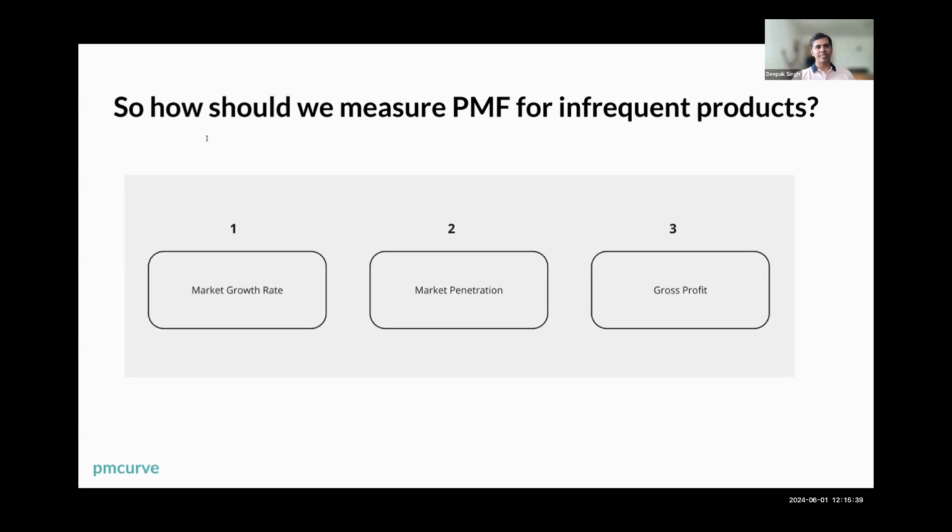How to measure PMF for low ticket size infrequent services? I think this is answered. Does NPS score have correlation with PMF? Again, Abhishek, NPS has the same problems as surveys, right? It has the Hawthorne effect, it has sampling bias, it has survivorship bias. So if you tackle all those things, it will have a correlation with penetration or PMF. Ramesh, I think we have discussed all of this.